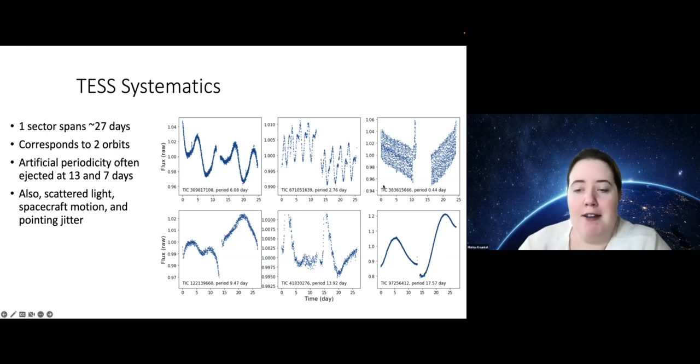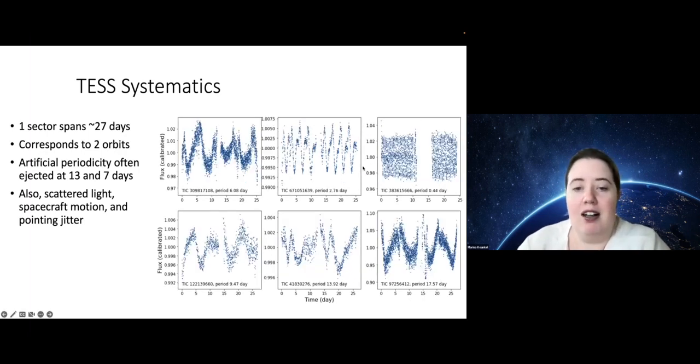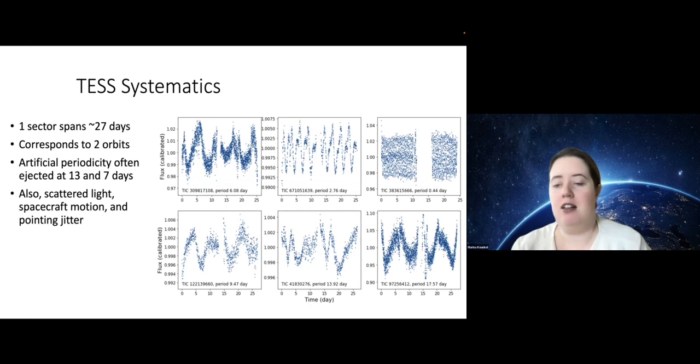So if you were to fit a polynomial, here are the corrected light curves. For the shorter period systems, you still are able to recover their period just as well as you were before, actually even better, because you're not really affected by this long-term trend. But the longer period rotation has been completely... you no longer see as clean a rotation curve as you did before. You have injected an artificial period of around 7 days.